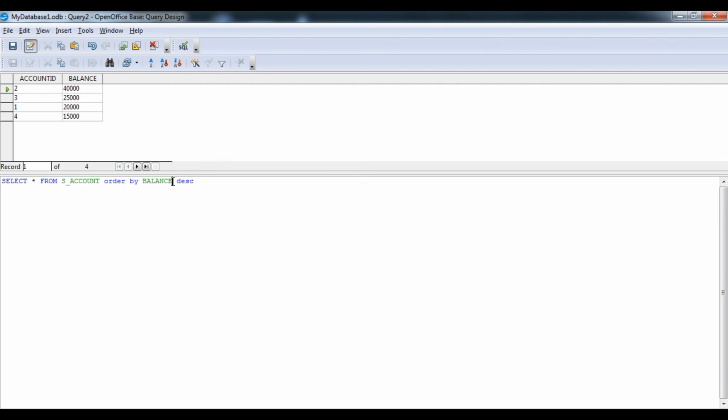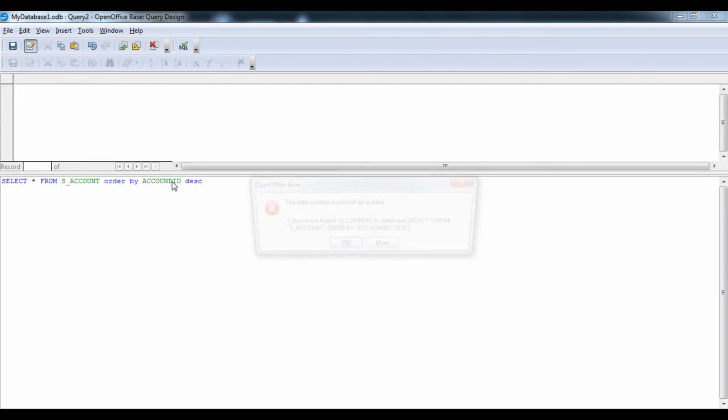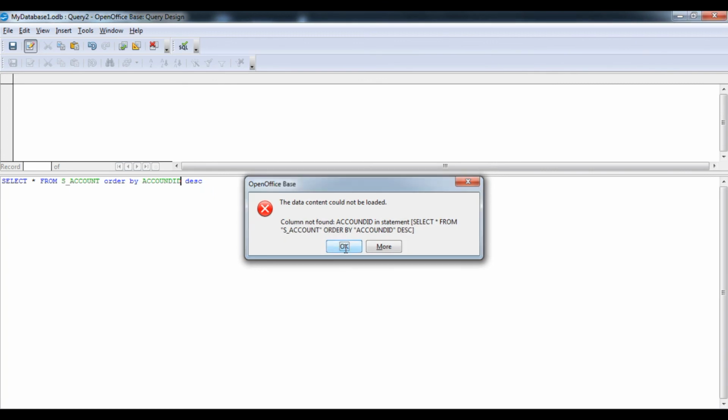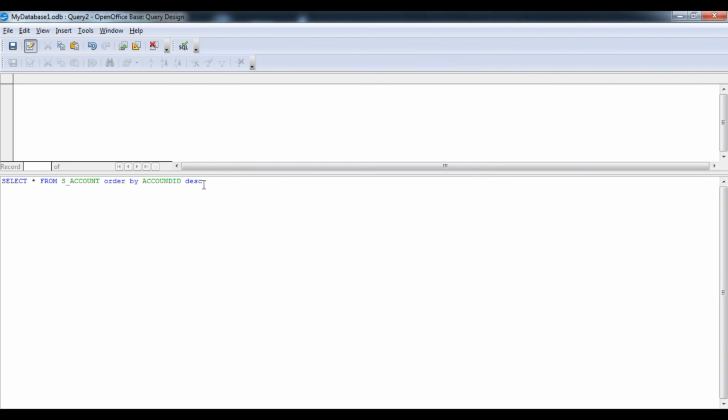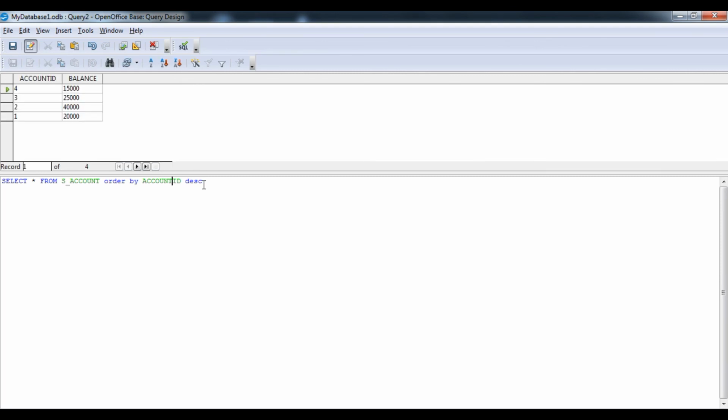Same thing we can do with the first attribute, that is account ID. Now you can see, the spelling of the attribute should be correct and the case also should be correct, otherwise it will produce an error.